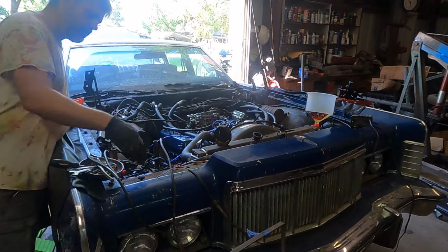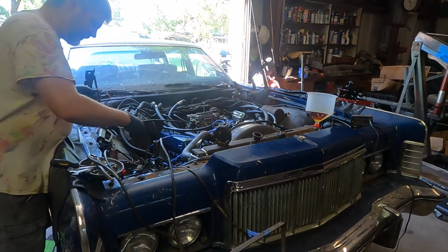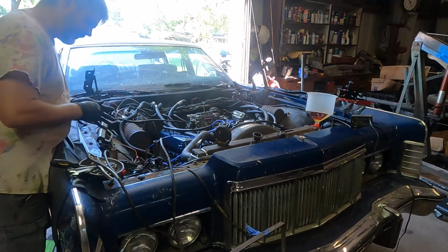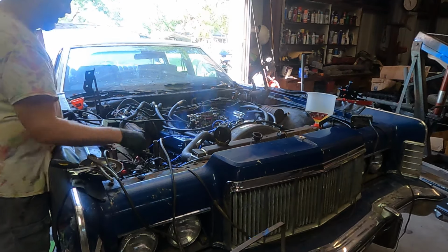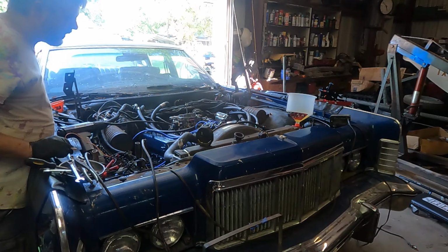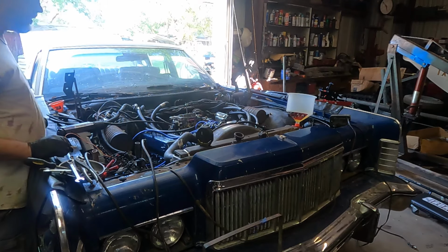We've got the starter solenoid bypassed here. Timing sounds off. Double check the firing order. Messed something up. Could be 180 off. If it's 180 off,